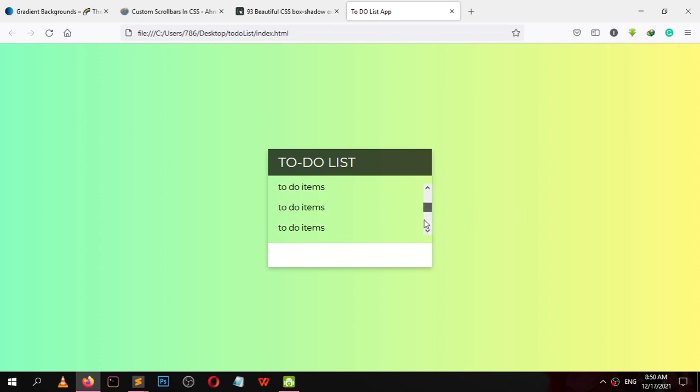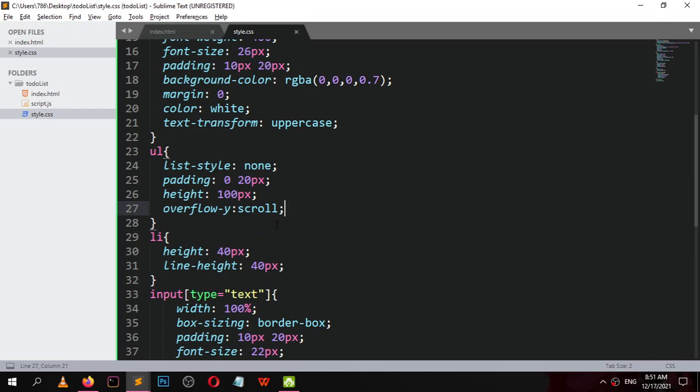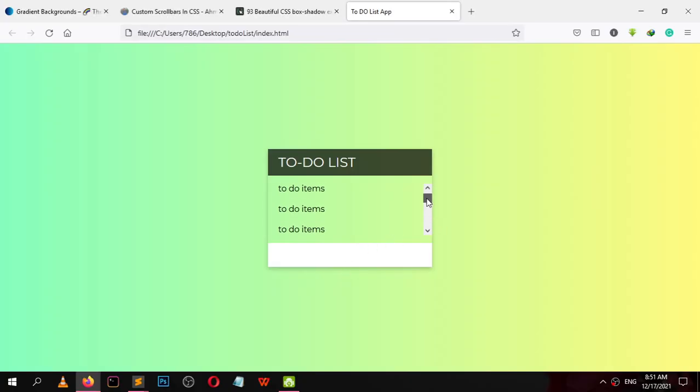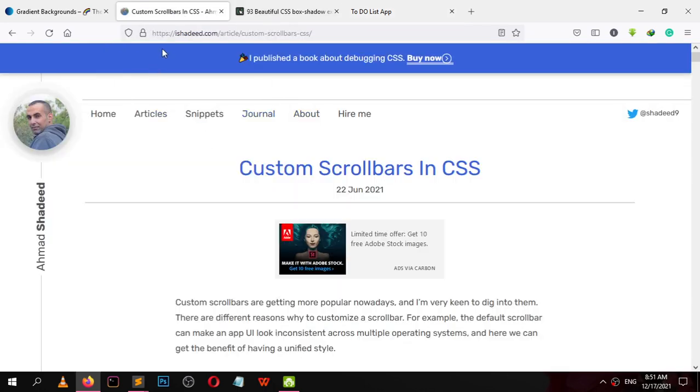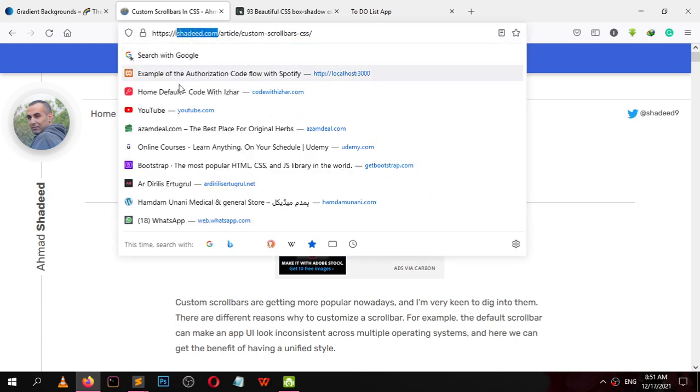We have this beautiful scroll bar here. Now we need to design this scroll bar. So go to this page, ishadid.com.